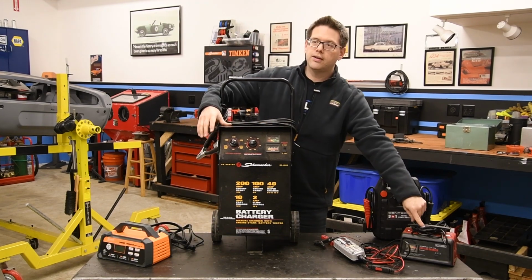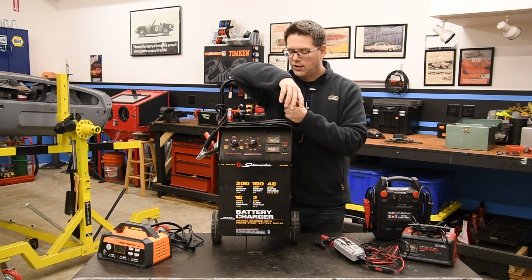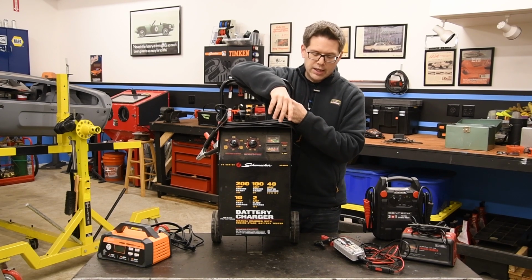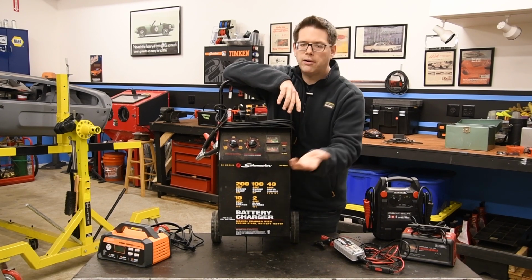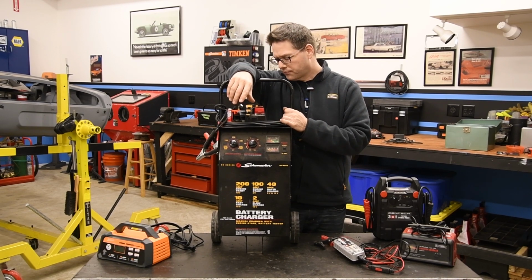This is like this one on steroids. This one just outputs a lot more juice. But same deal, it's dumb, it doesn't know anything. With the timer, you can set time on it. The thing I don't like about this one, to be honest with you, is,